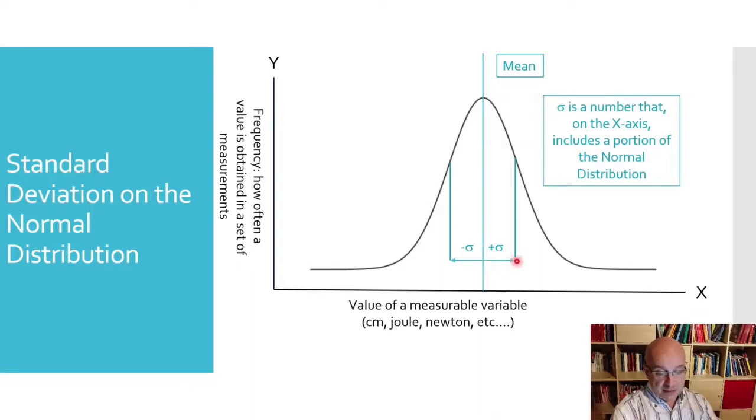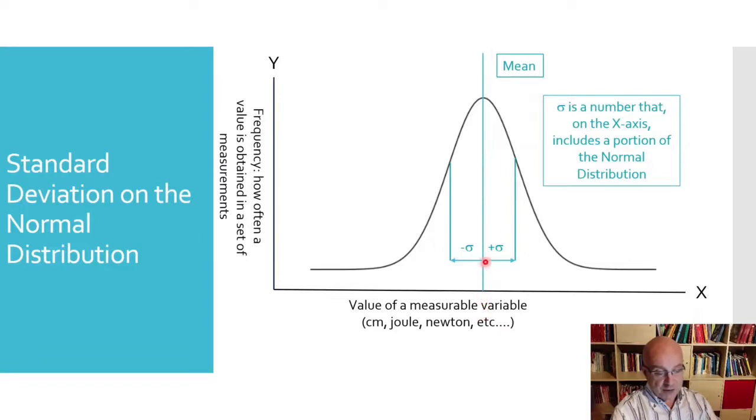This segment is plus sigma, because it's higher than the mean, and it's on the right of the mean. Minus sigma is the same value on the opposite side, okay? So it is lower than the mean, in the sense that it lowers the value of the mean. In this sense, it increases the value of the mean. This segment, so plus minus sigma, with respect to the mean.